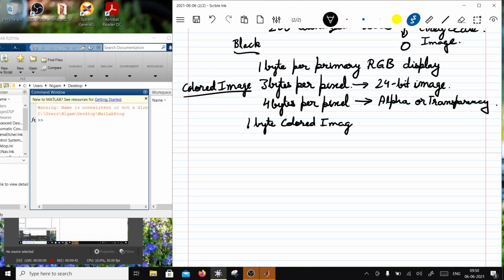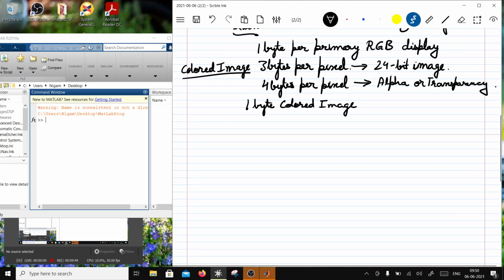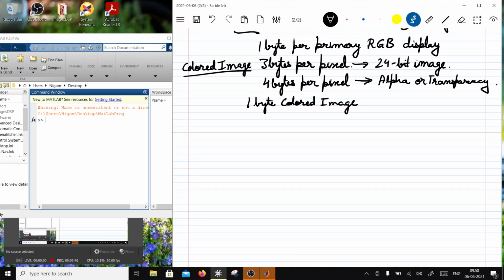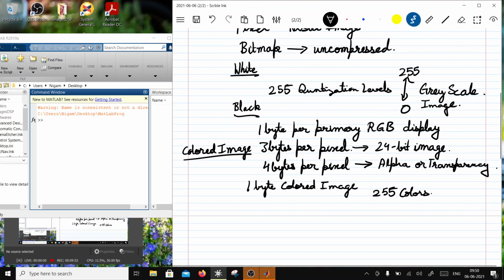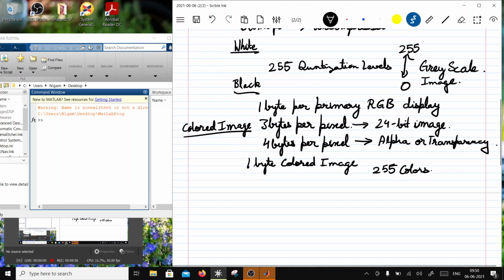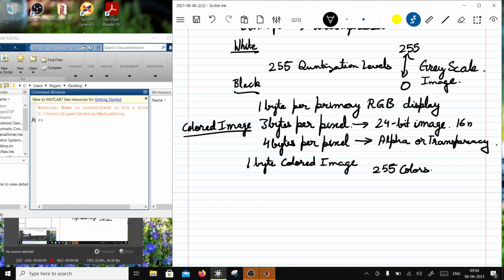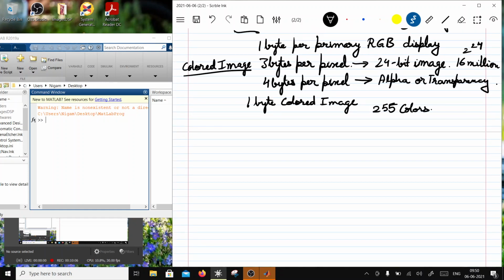In this case, I can support 255 colors. Now in the case of 24-bit, I can have 16 million color shades, because it is 2 raised to 24. So we have 16 million color shades.